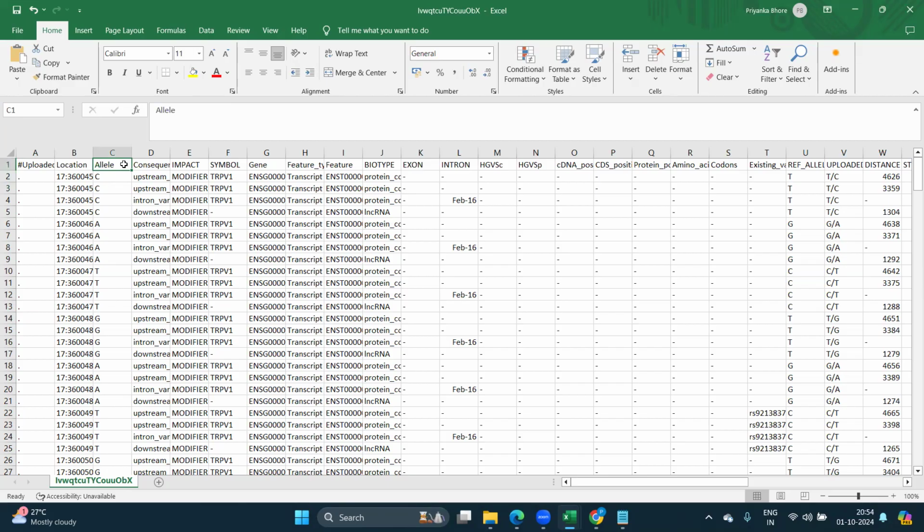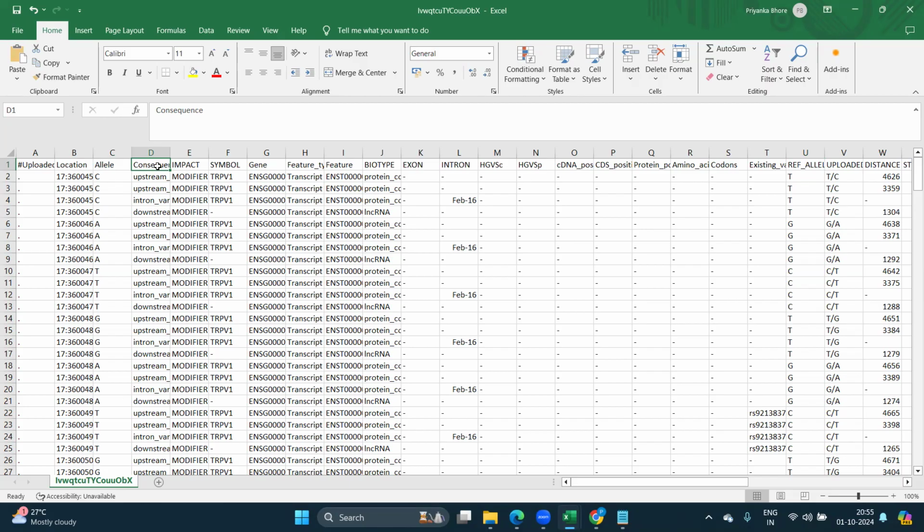Then you are going to have the allele. So it will indicate the reference and the alternate allele for that particular variant. The reference allele is usually denoted by REF, and the alternate allele is denoted by ALT. Usually if you are having this allele, it is the alternate allele. Here they are not giving you any reference. Here you can see the REF allele is being separated out, the reference allele, and this is your mutated allele. Okay, then you are going to have the